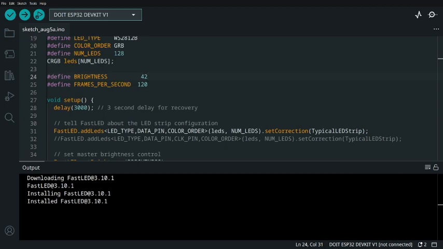Red and black. Yellow goes to D5. Oh, these numbers are so small. D5. There we go. And then we've got the ground. Ground is going to be